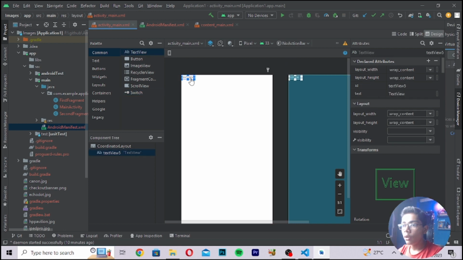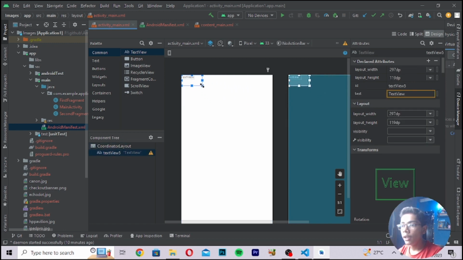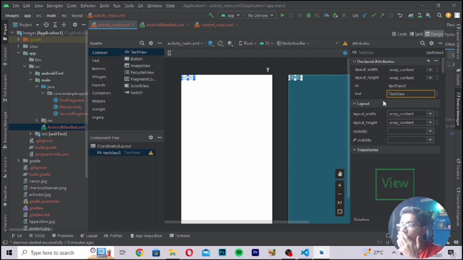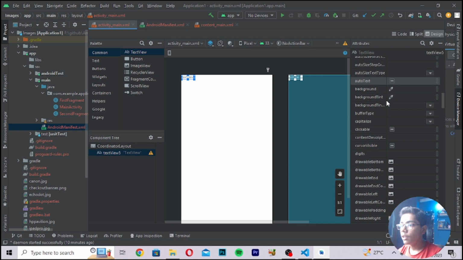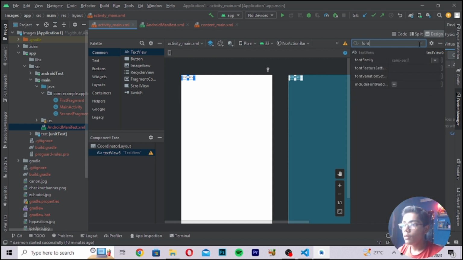Then you can create your own text like we have created here. And now you can just create the things in your text here. Like if you want to make your text bigger, or if you want to set this text to any other size, you can just set it by yourself. Like I'm telling you, there are many things which you can do with your text. You can change the size of your text. Like if I search here font size, you can just change the font size